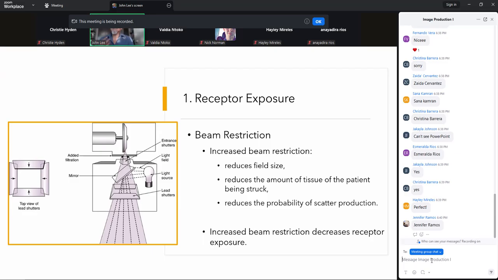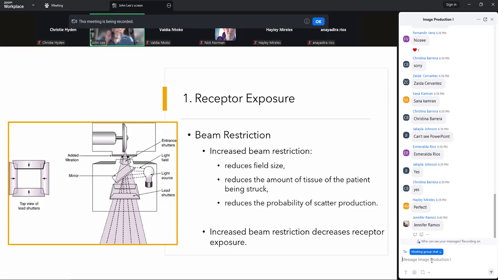However, because of that decrease of radiation that's actually coming through the collimator, we do need to increase our technique. So the mass does need to go up. And this is really something that we have to consider when,